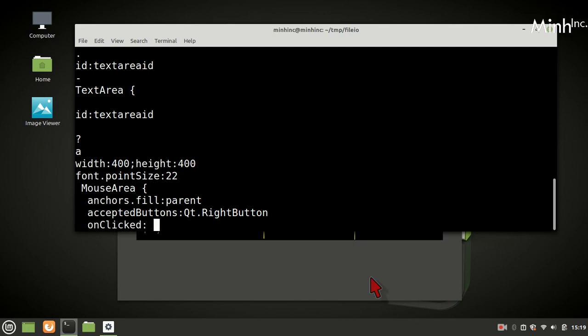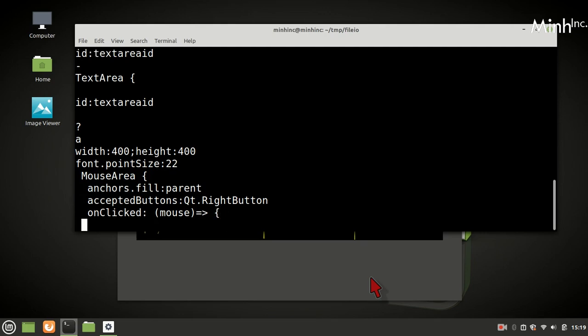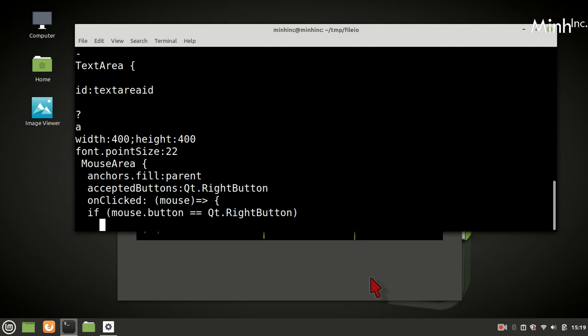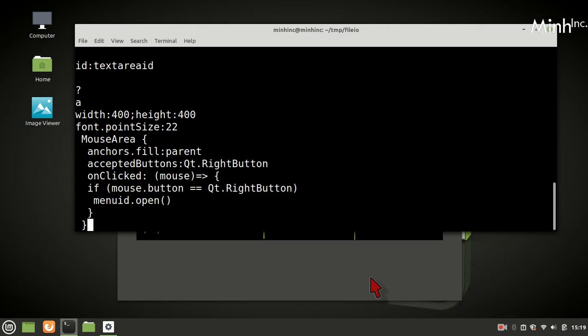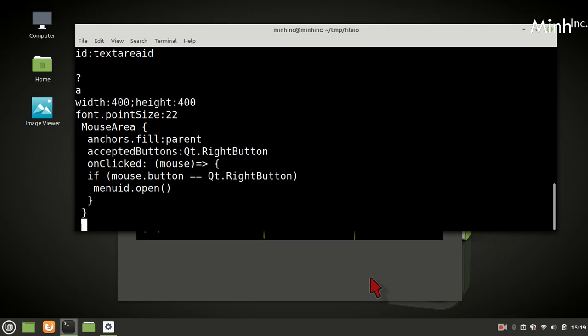On clicked, this is new syntax now. If mouse dot button equal to Qt right button, we can just call menu ID dot open. So we'll see what is menu ID.